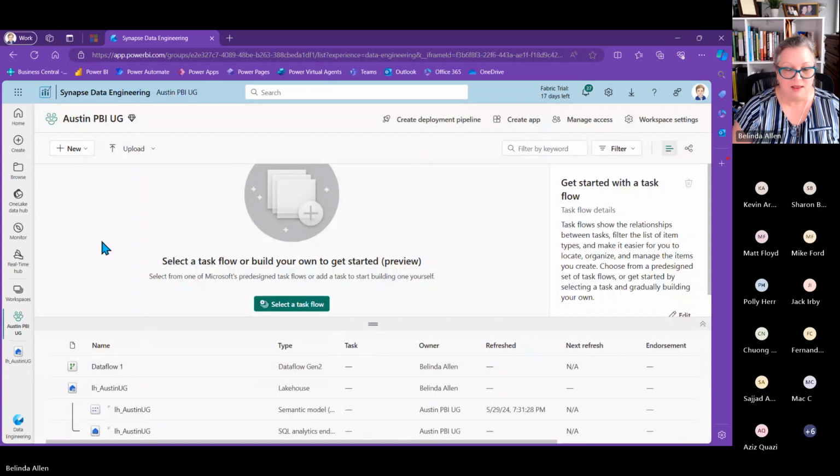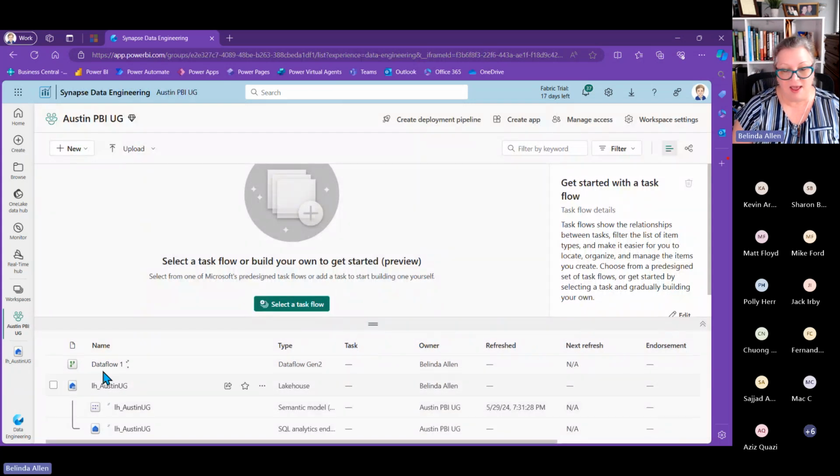All right. So now I have a Dataflow 1. I should have renamed it. It would have been in the top left corner, but that's okay. I'll leave it Dataflow 1. You see the artifact for Dataflow 1 is a Gen 2, Dataflow Gen 2. Here's my lake house with my semantic model and so forth. So we're going to wait for this to finish coming around.